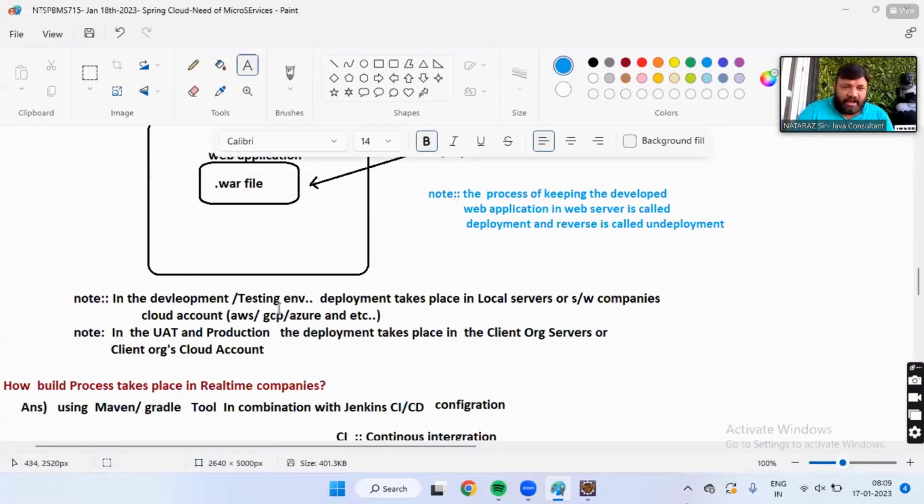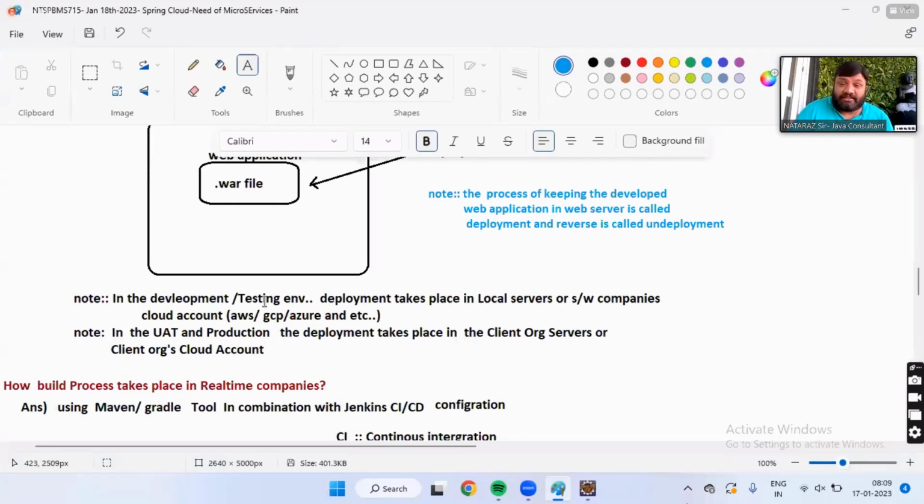In the development or testing environment, the deployment takes place in local servers or software companies' cloud accounts. In development or testing, where it happens is in the software company.